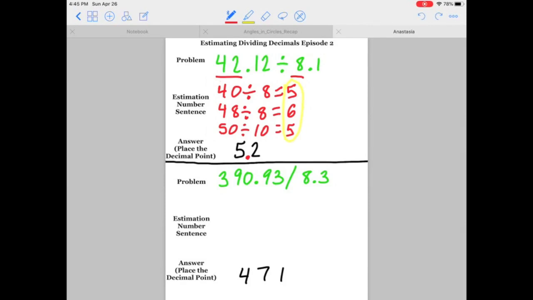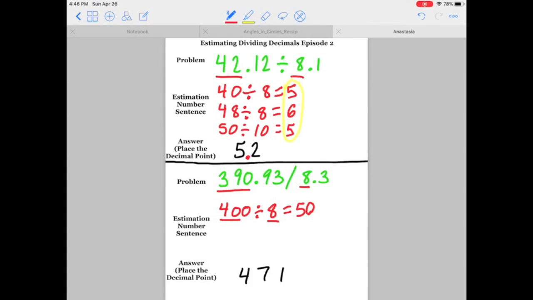Okay, let's do the next one. I have 390. And I have an 8. Okay, so let's see what we can do. Well, I know 390 is close to 400, right? So I know I can put an 8 there because I know 40 and 8 are in the same fact family because I know 8 times 5 is 40. Well, don't forget about this other 0 sitting here. So really, it's going to be 50 because I know 8 times 5 is 40, and then